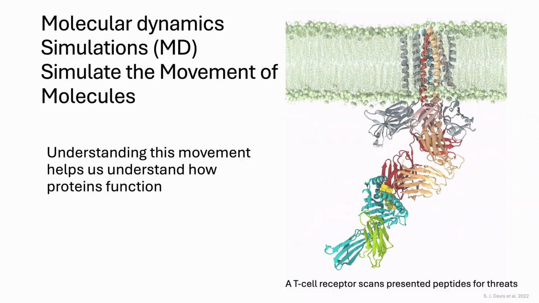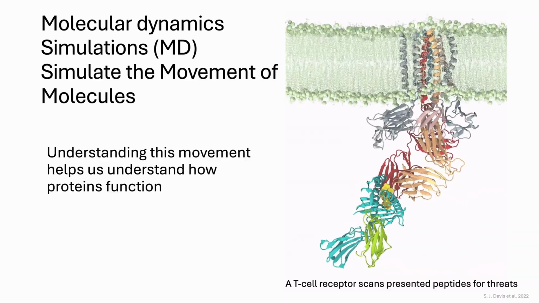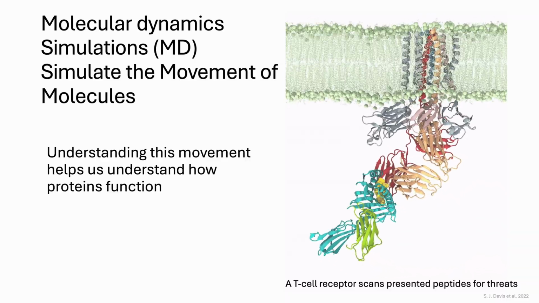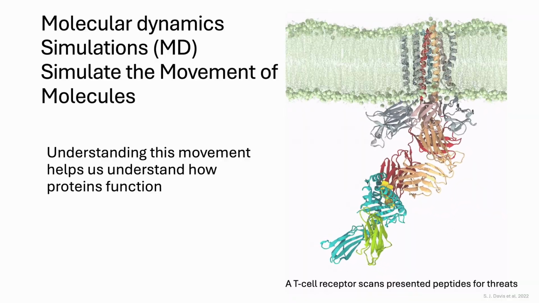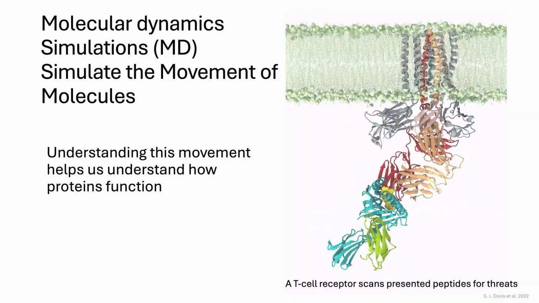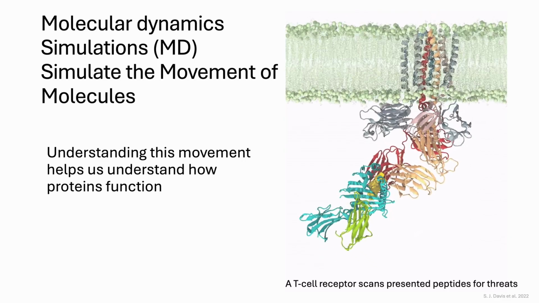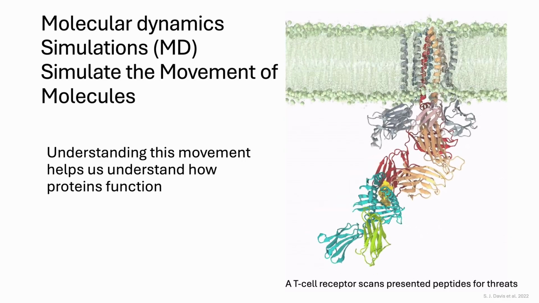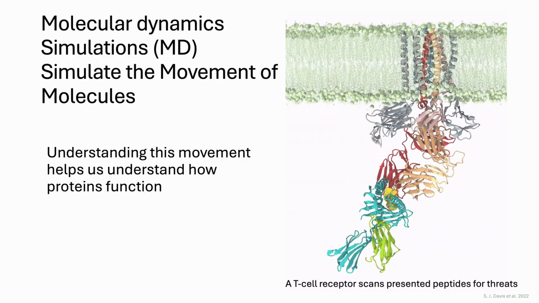And then you use a complex program like NAMD or GROMACS or others, which is able to take that frame and predict from one time step to the next what forces each atom feels and how those atoms are going to move between one time step and the next. By understanding how these proteins move and change shape, we can understand their function better. This could be how they're involved in diseases, it could be how they perform their functions, it could be how